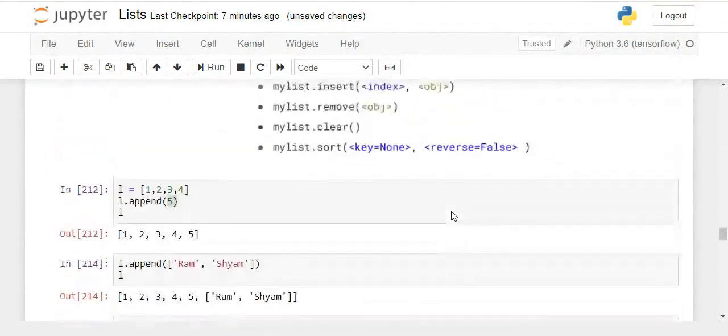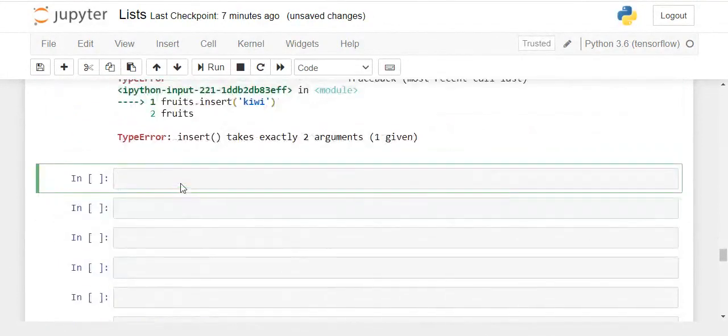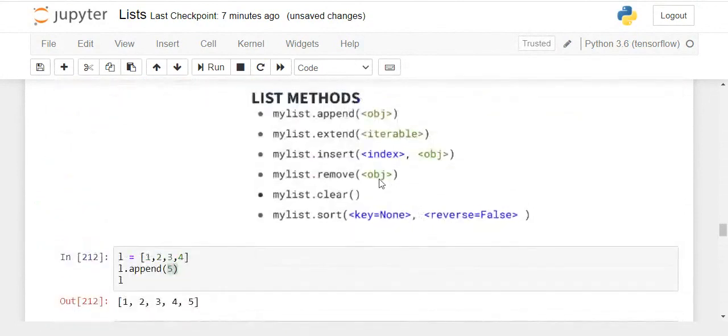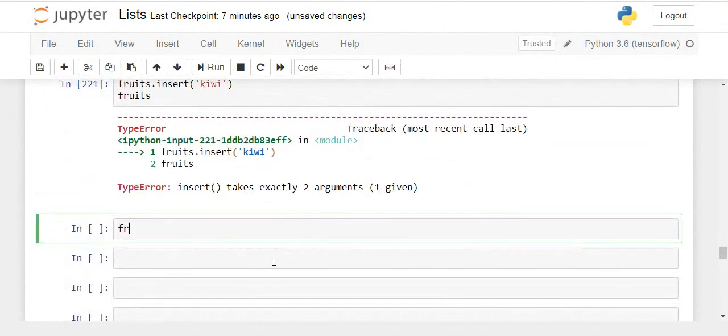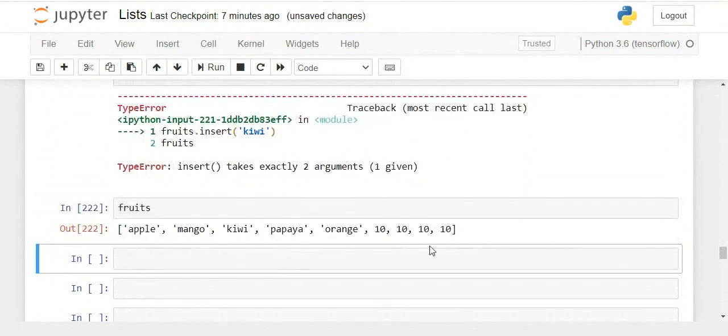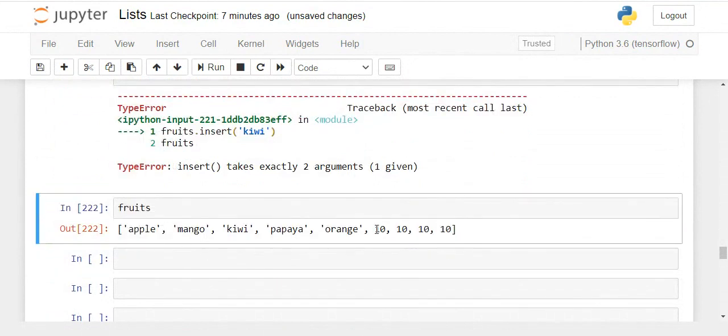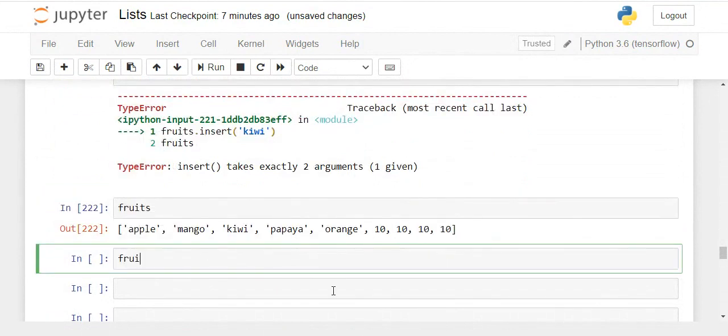Next we have remove, I guess. Yes. To remove something, see, remove is asking for only one parameter, that is which object would you like to remove from the list. Now let's say this is my original list. Take the same list, fruits. I want to remove this pen from the list. See what will happen. Dot remove, the name of the object you have to give.